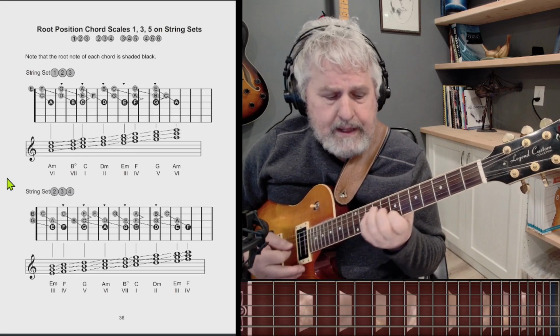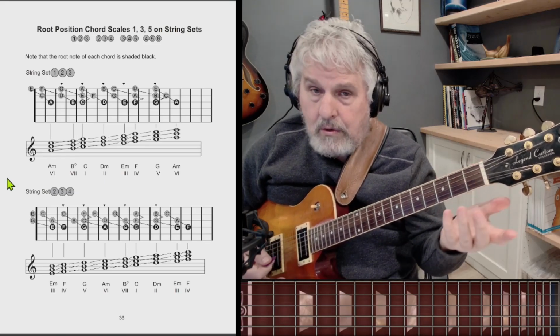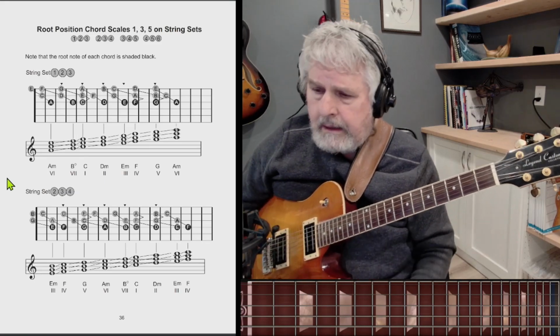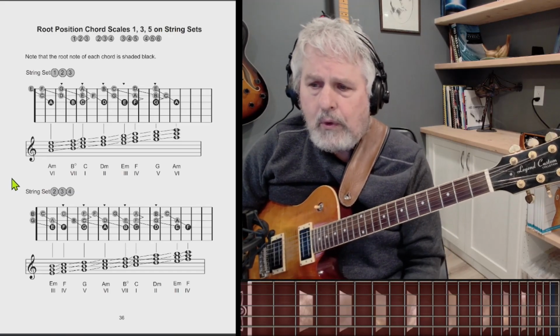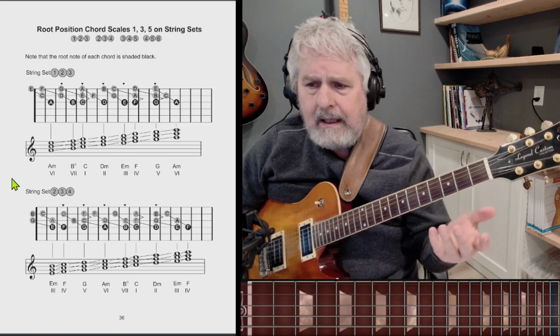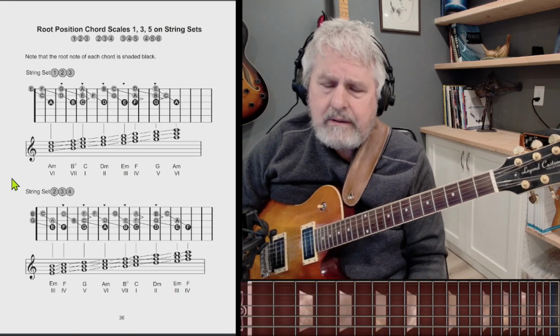You can hear that it's a chord scale, and it's a very comprehensive way of learning how chords are put together up and down the fretboard. It's not like a little chunk of this and a little bit of that. And that's usually the problem with